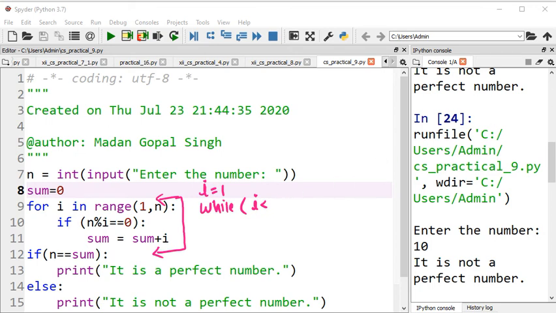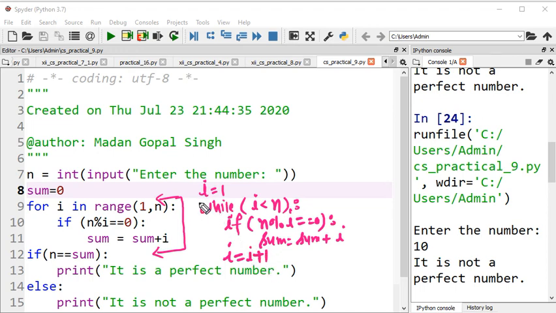Remember this, less than n, because you need to check the divisors up to this particular number, not n itself. So the remaining condition will be the same: n % i equals 0, then sum equals sum plus i, and then you need to increment i here, that's all. So this is your same program with the while loop. This way also you can do it.